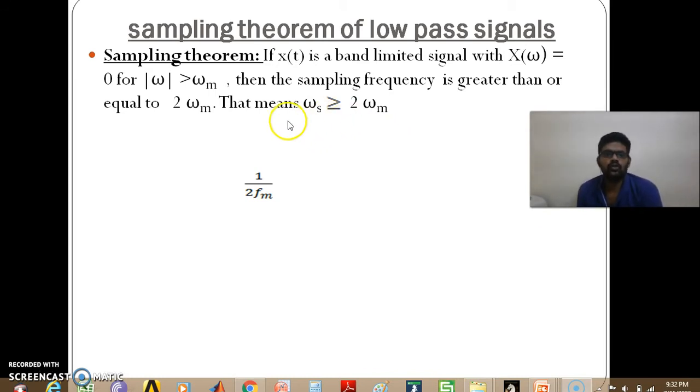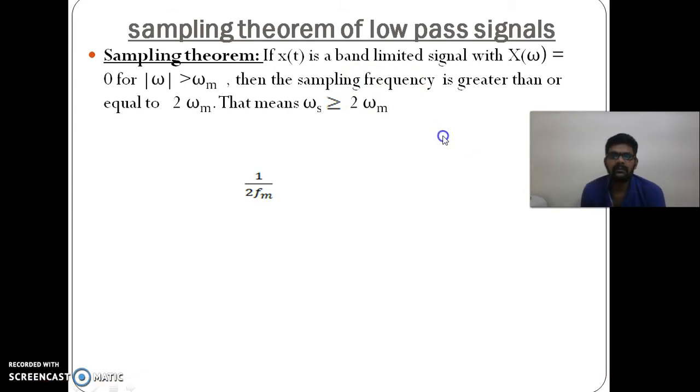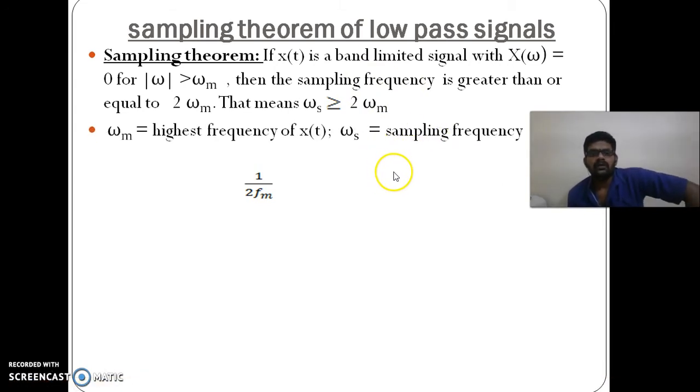Nyquist rate is 2 omega m. If the signal has a fundamental frequency of omega m, then 2 omega m is the Nyquist rate. If your sampling rate is greater than 2 omega m, then that signal can be recovered completely from its samples. Here omega m is the highest frequency component of the message x of t, and omega s is